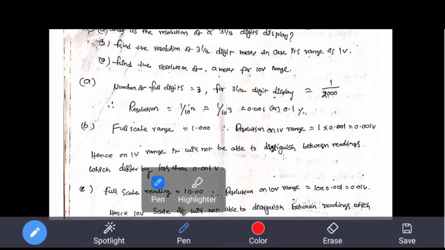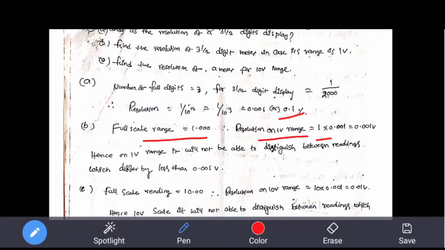Full scale range is given by, assume that full scale range is 1 volt, resolution on 1 volt range is 1 into 0.001 is 0.001 volt. Hence 1 volt range will not be able to distinguish between, ఇది ఒక numerical problem. Actually the problem is,